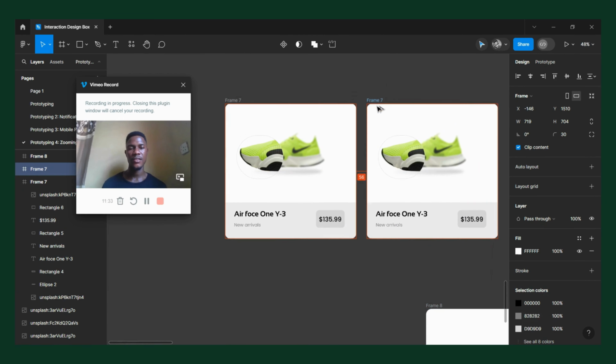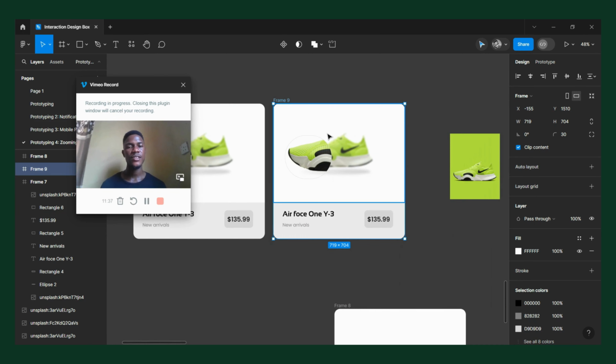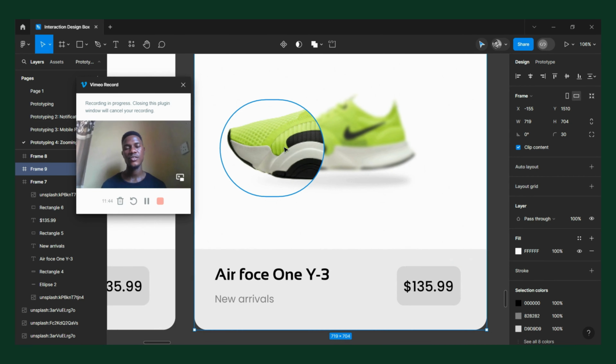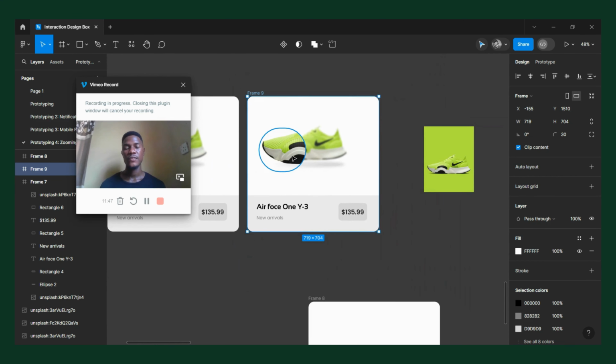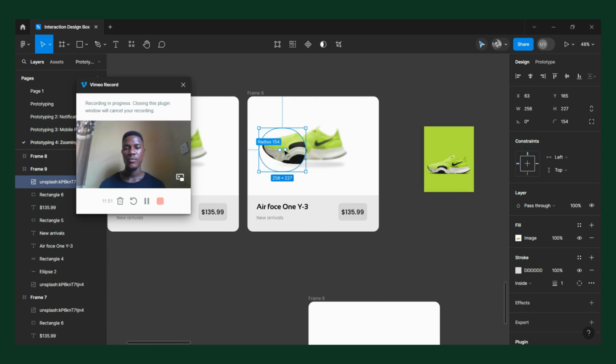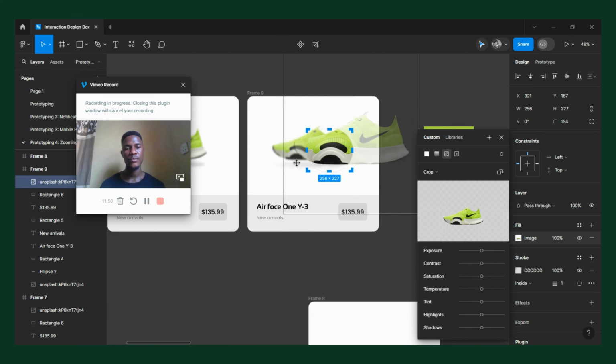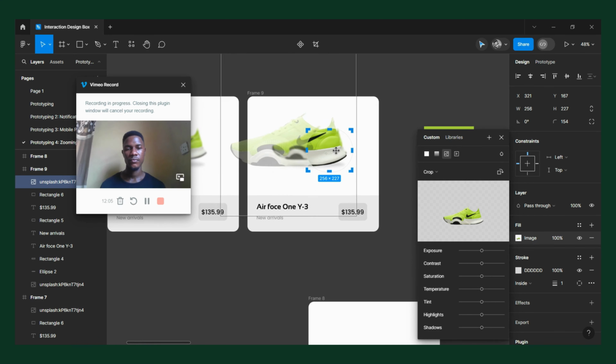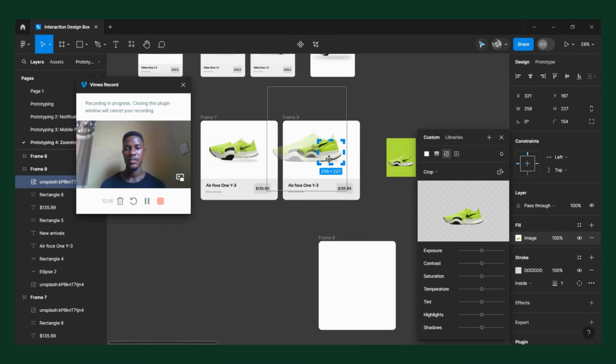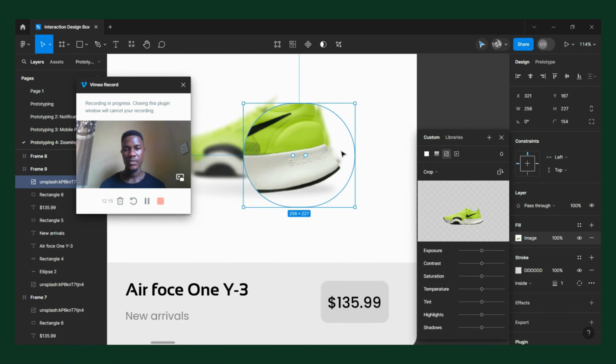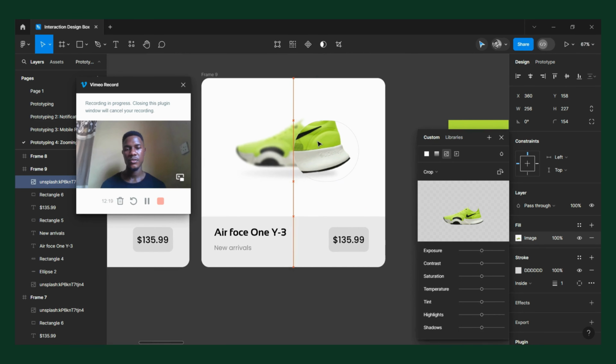We need to make duplicates. I'm holding Shift and Alt again. I usually like holding Shift and Alt so I don't have to deal with direction, it just moves horizontally or vertically, and the Shift does that. The Alt is just for duplicate. So we just move this to the side and double click and move your image, just double click the image and then adjust it, so it's still the same image. So when you smart animate, it just moves to a different part. That's what we want. And so we're going to do this so it fits well,